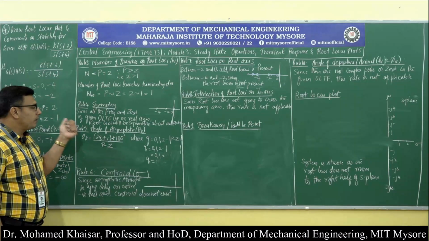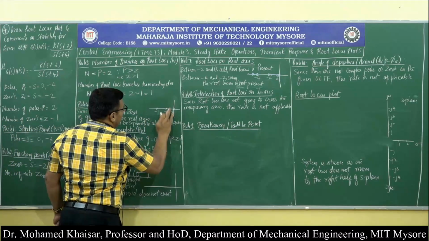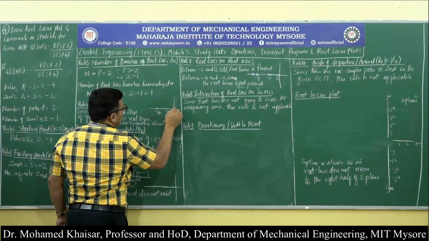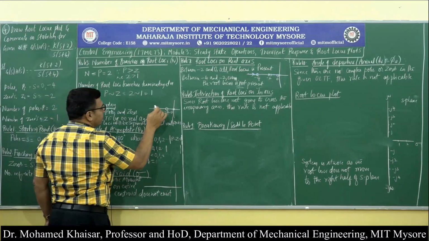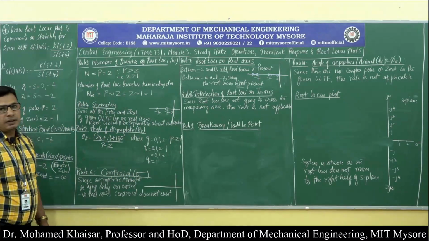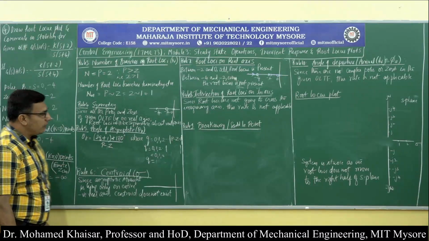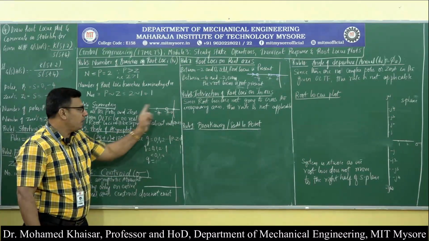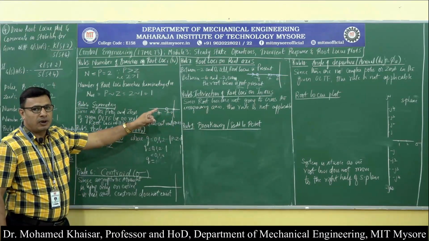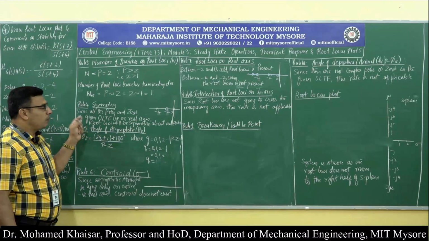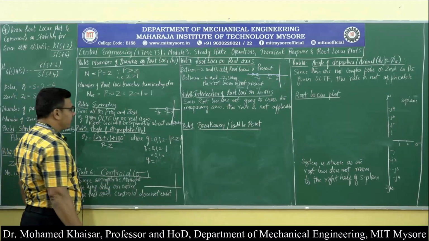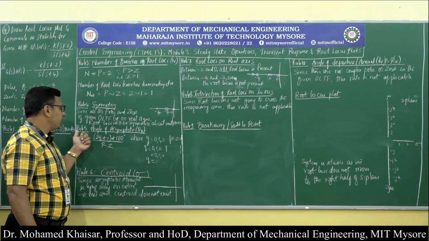Then rule number 4 is about symmetry. If we mark here in S plane, then we will have a pole at 0. There is a zero at minus 2 and there is a pole at minus 4. Then what we can observe here is all the poles and zeros of the given open loop transfer function are lying on the real axis, because of which the root loci will be symmetric about real axis. This is what we have written here. Since all the poles and zeros of the given OLTF lie on the real axis, the root loci will be